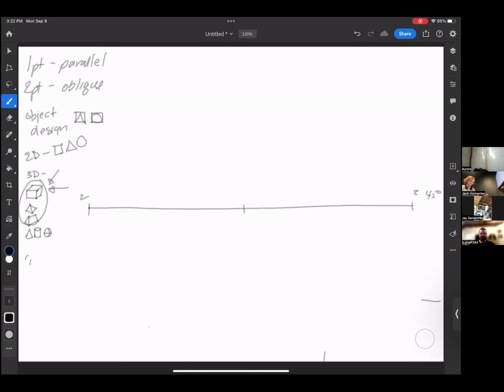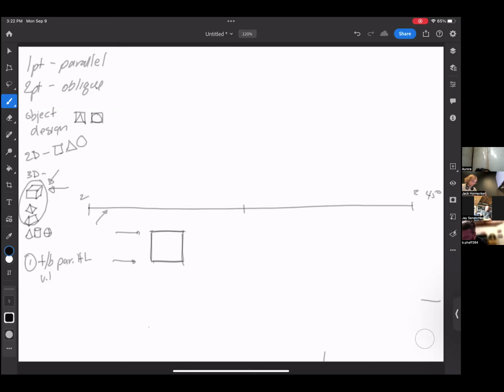So let's just say that we're drawing a cube. First step of that cube is to draw the front of that cube. You can draw this thing any way that you want. This is just a convenient way for me to draw it or explain it. Characteristics of that cube: the top and the bottom of that cube are going to be parallel to the horizon line. So this line and that line will be parallel to that line. That is literally definitive of one point.